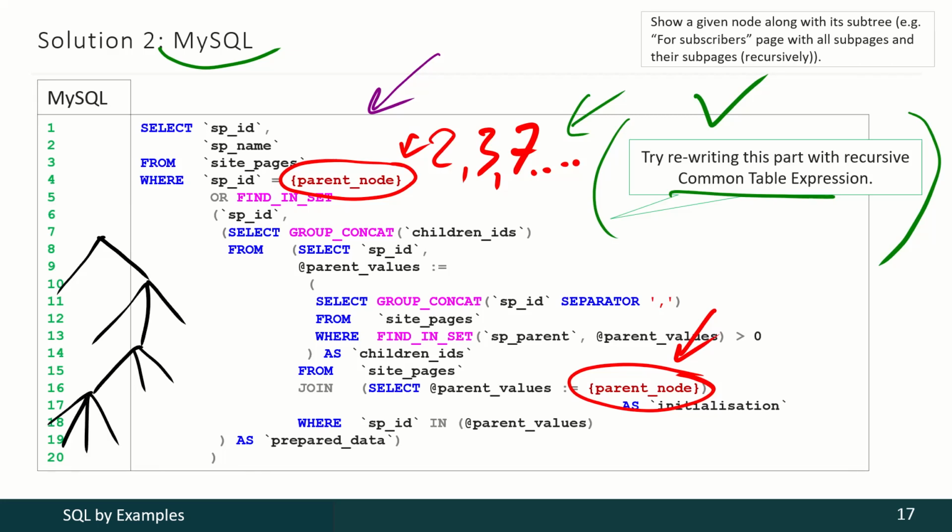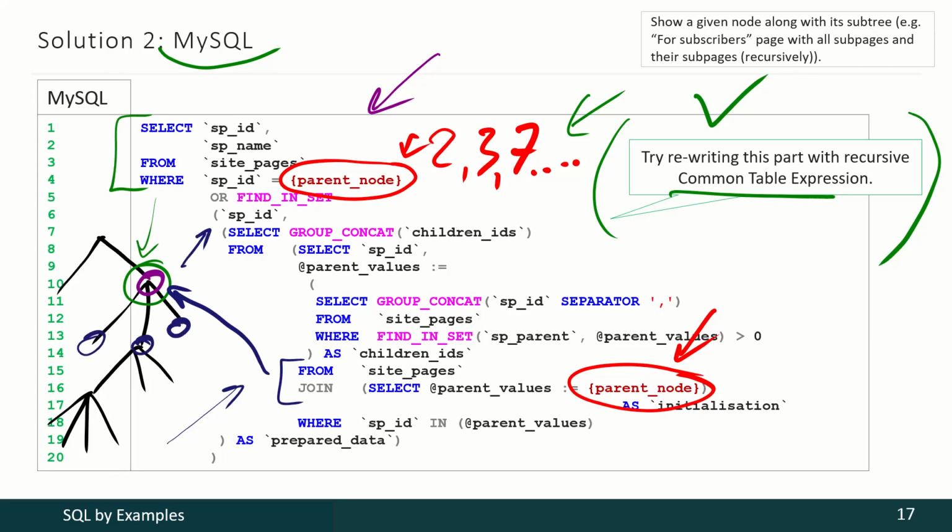For the simplicity of this explanation, let's quickly recreate a tree structure, and let's imagine that that tree structure looks like this. Then let's imagine that this is the starting node. So the first step of this query will select this starting node itself. Then on that second step, the first initialization procedure will assign this node as the parent for all other nodes. And then those other nodes will be selected.